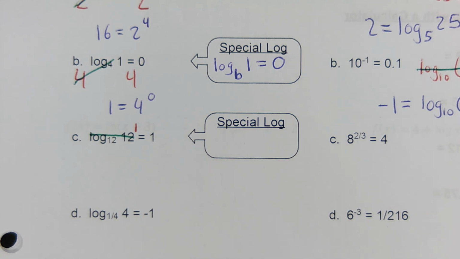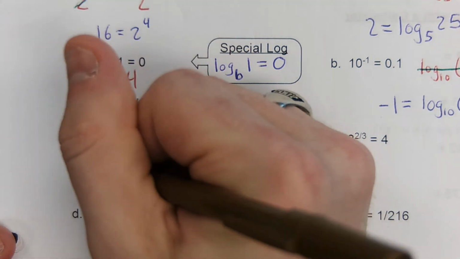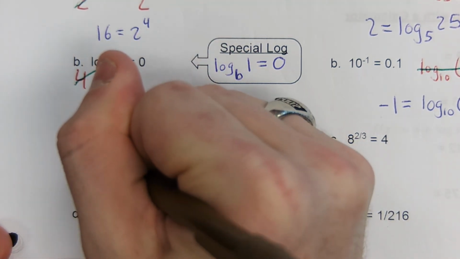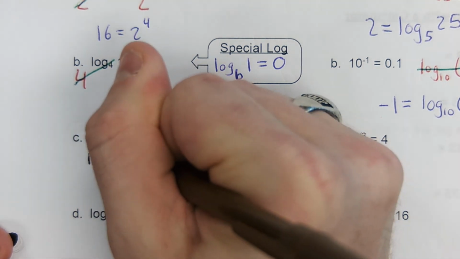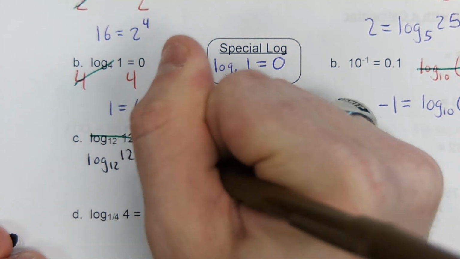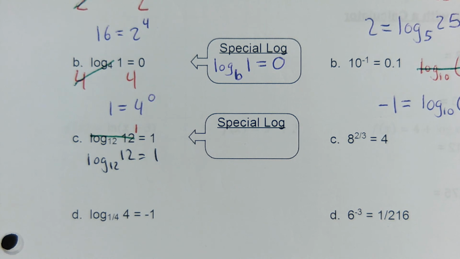Now I'm going to have to rewrite the question. I was just explaining to you why it was true, because I wanted to jump ahead to the special log. But let me rewrite it and have us walk through the process that I asked you to do with me. I go, all right, I'm trying to get this out of log format. I'm trying to get it in exponential format. That means I need to cancel my log base 12. And I say, okay, class, how do I cancel log base 12? You would say,